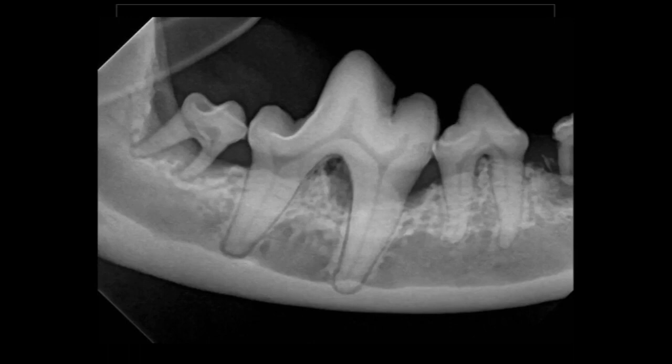And the way that we would do that would be to go in and open up an envelope flap there, expose that bone, take our periodontal curette and scrape all of the granulation tissue out of those defects. And if you open that tissue up, anytime you see a decrease in density in the bone like that, either in that furcation between those roots or between those teeth in that defect there, there is going to be granulation tissue